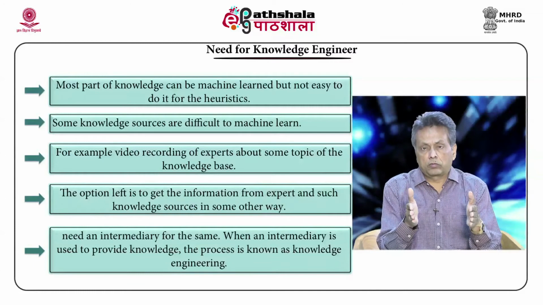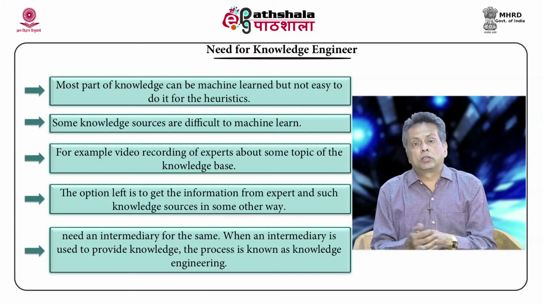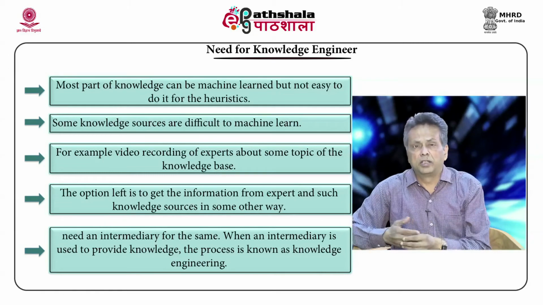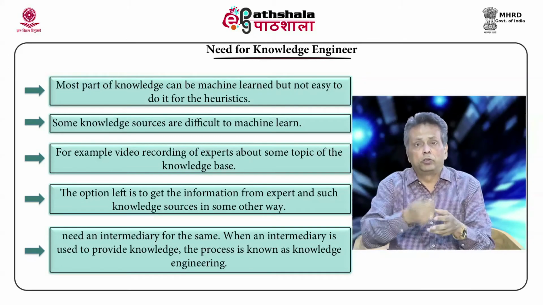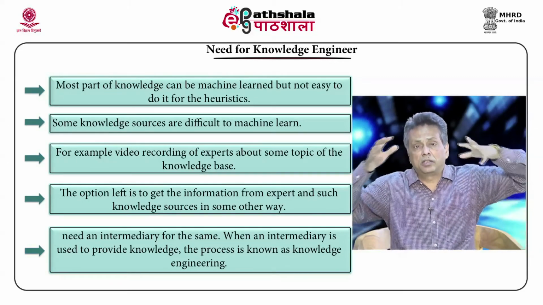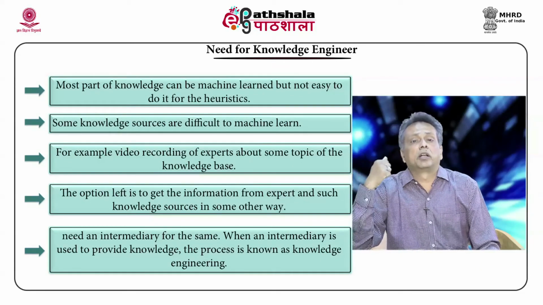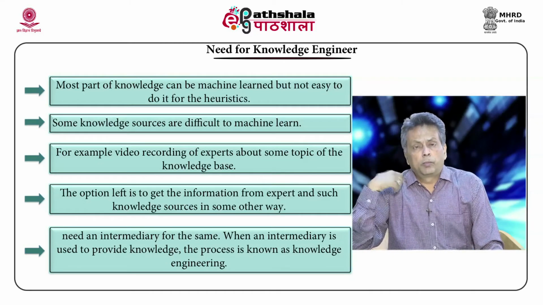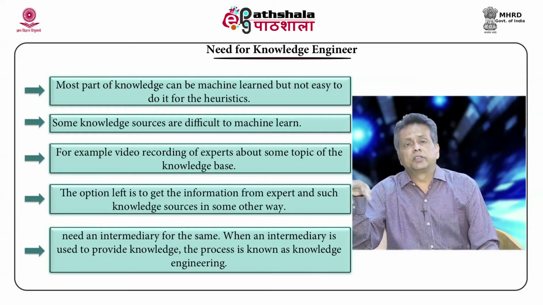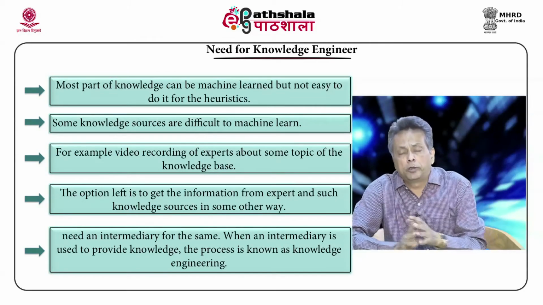But then, for example, if you are an expert, how will you provide this knowledge? Because somebody has thought of an ontology that this attack should be part of this and this attack should be part of this hierarchy. Now, this is quite similar to a librarian. Whenever a new book is introduced in the library, the librarian looks at the classification mechanism and decides where this book should be. Now, that classification helps better retrieval of that book, but the person who is providing that book or using that book has little idea about the classification. The same thing happens here. When the expert provides that information, the first thing is where to place that information is not very well known to him. That is one problem.